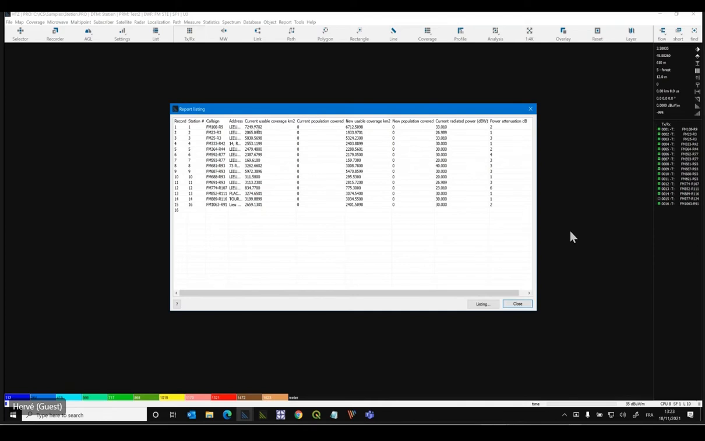The current usable coverage means coverage not interfered with the current power. But if we reduce the power of 2 dB on that station, then we will cover an area that is not interfered with the less than 10 dB loss compared to that. So this is a way to spare power and then money for the operators to radiate less power without losing too much